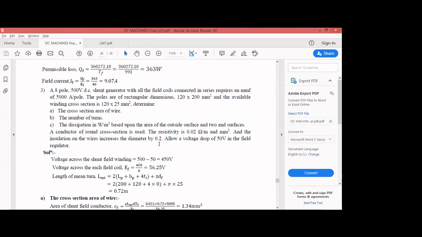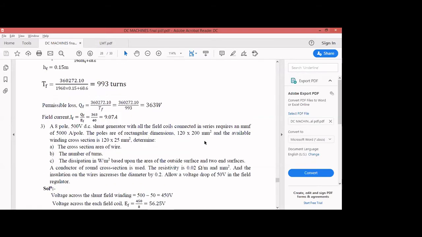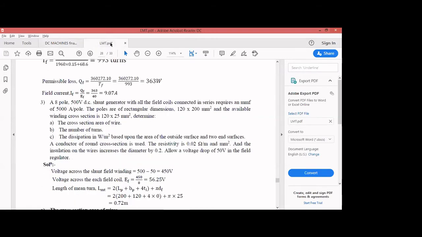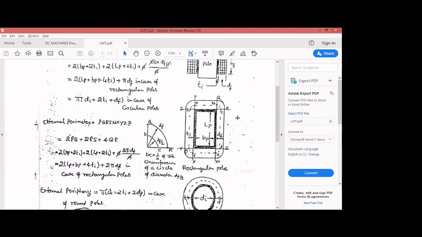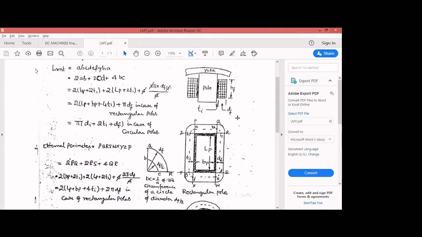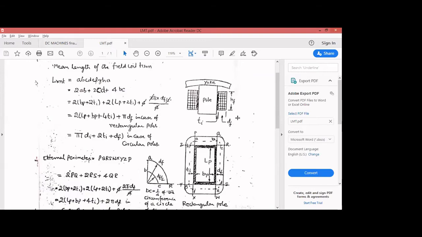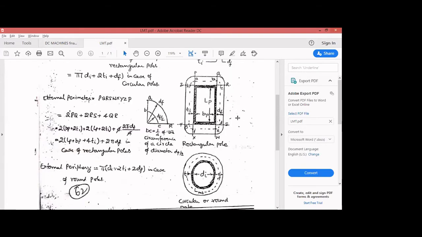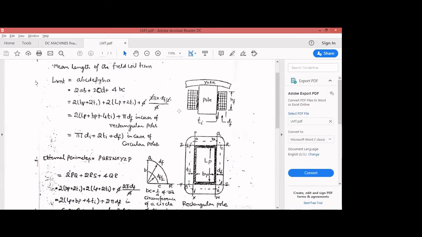Since in this problem the length of mean turn is not given directly, you have to calculate it. I'll go through these things and come back here. If the length of mean turn is not given, whether it is a rectangular pole or a circular pole, I'll run through it. If you take a rectangular pole, the length of mean turn is, with points A, B, C, D, E, F, G, H, once again 2AB,